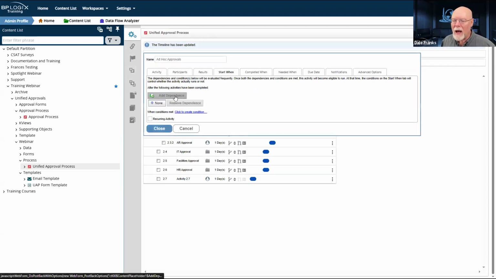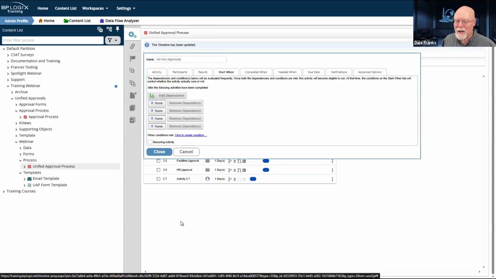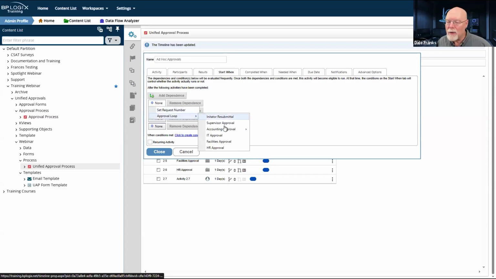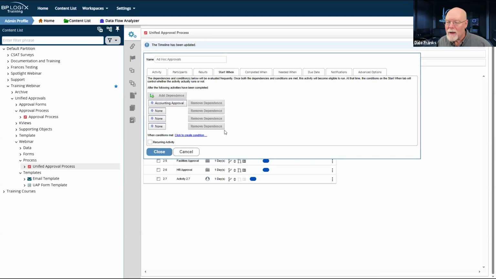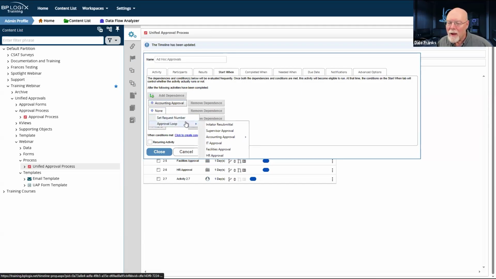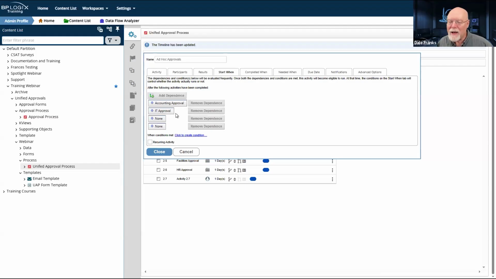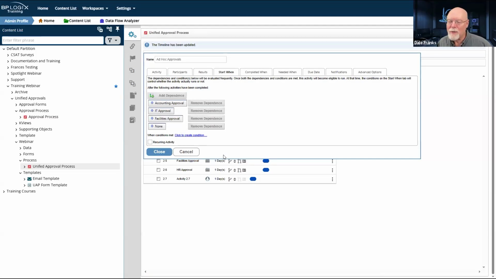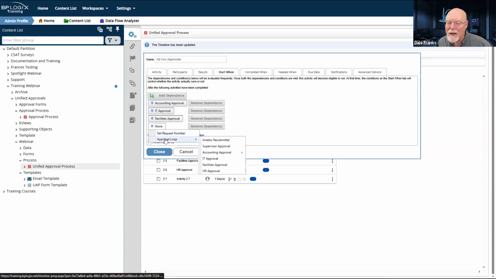And we need to add basically 4 dependencies here, because I have 4 possible parent segments that might run. So I need to set it dependent on accounting approval, IT approval, facilities approval, and HR approval.